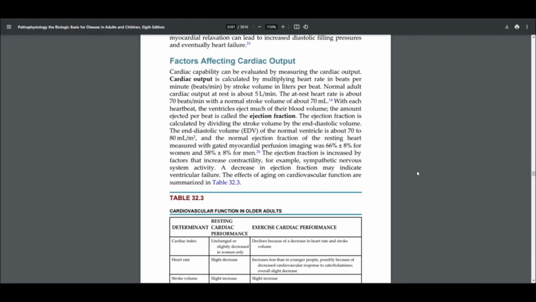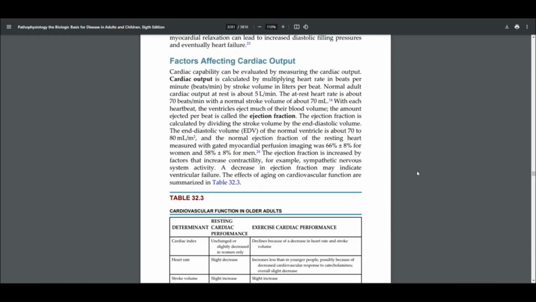With each heartbeat, the ventricles eject much of their blood volume. The amount of ejection per beat is called the ejection fraction. The ejection fraction is calculated by dividing the stroke volume by the end diastolic volume. The end diastolic volume, or EDV, of the normal ventricle is about 70 to 80 ml per meter squared. And the normal ejection fraction of the resting heart, measured with gated myocardial perfusion imaging, was 66%